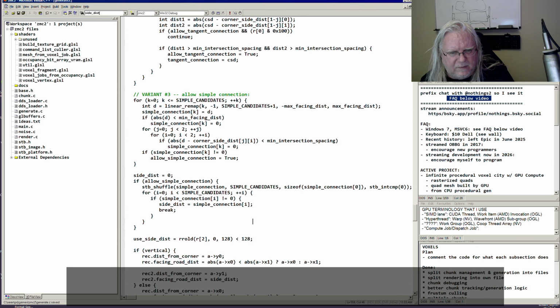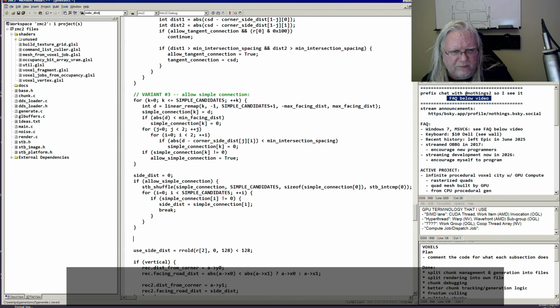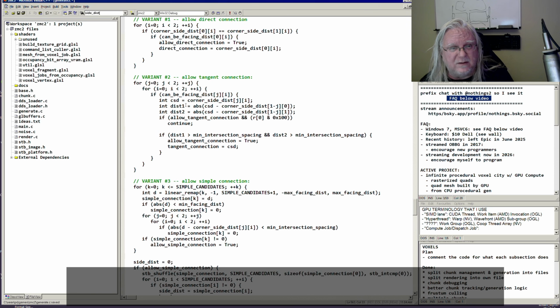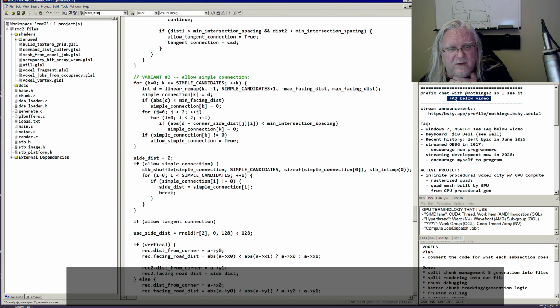Okay, so at this point we've computed side dist if there's a simple connection, so then we say if allow tangent connection, I want to make sure tangent connection doesn't replicate. Yeah, it doesn't. Okay. If we allow tangent connection,